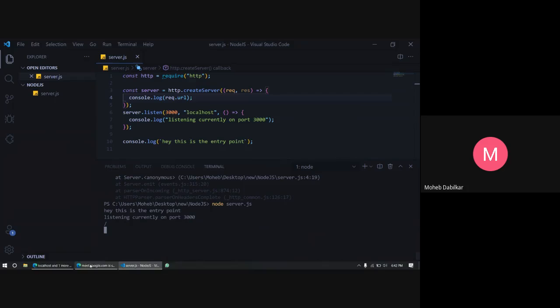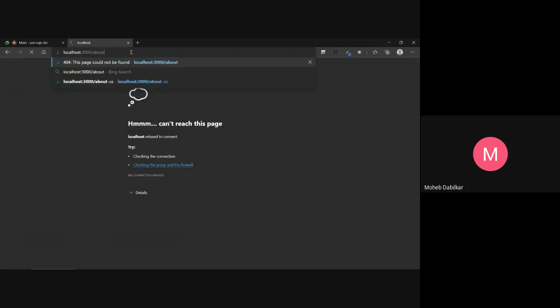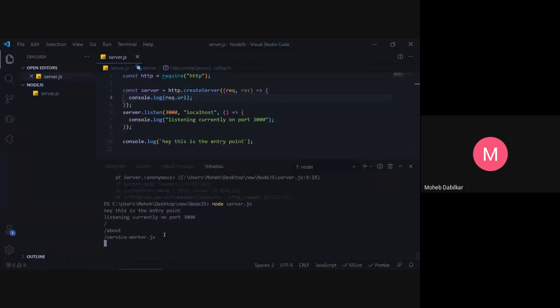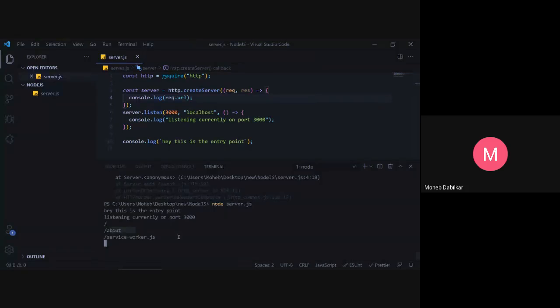So this is your slash, and then if I go to another page, let's say about, and check over here, we have about. My 3000 is actually broken, so you will see this service worker. I actually injected it inside it. I thought it would be helpful, but it actually has destroyed my port 3000.